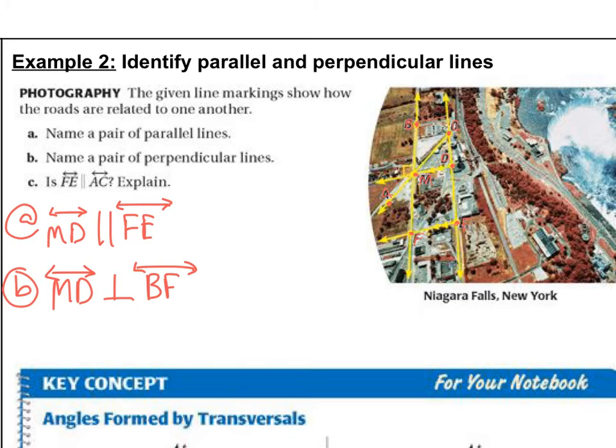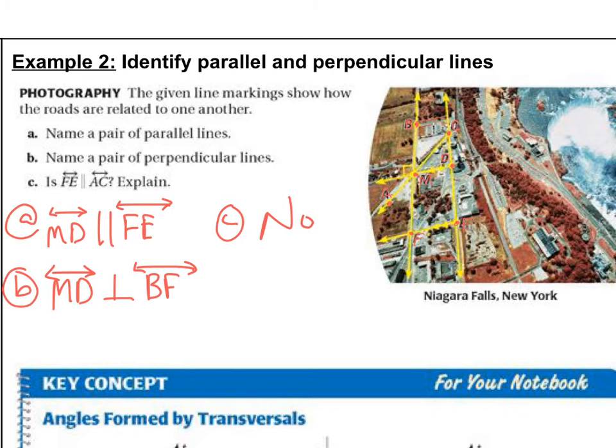All right, the last example here is asking us, is FE, so this line down here, parallel to AC? Okay, AC. So obviously, just by looking at it, we can see that eventually it looks like these two lines are going to intersect out here somewhere. So we are going to say no, but because this is math and I like to get technical about it,